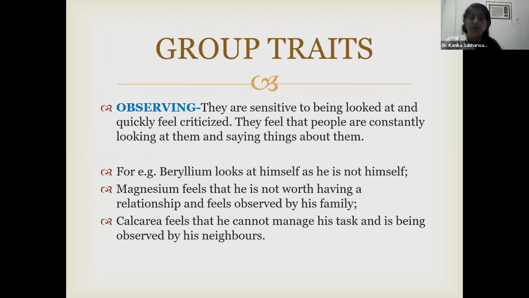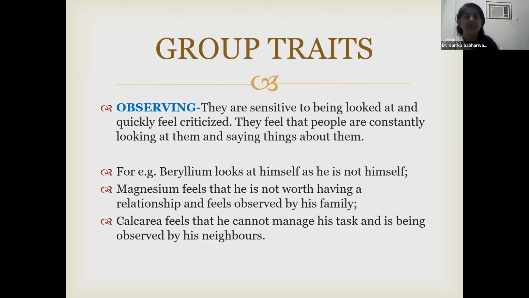For instance, there is a symptom in Beryllium, where it says he looks at himself as if he is not himself. So unsure he is. Magnesium feels that I am not worthy of a relationship and therefore my family forsakes me. Calcarea feels incompetent. I cannot manage any task and everybody is watching. So they have given the example in materia medica that neighbors are observing. But what we understand is that people are watching. Now, if you're so concerned and so conscious about people watching you, what is the next symptom that it